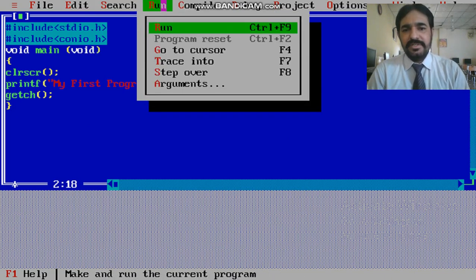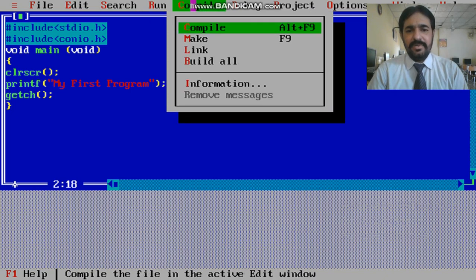When you finish your coding, you run your program by pressing Ctrl plus F9, or you can click the run button, which also has the Ctrl plus F9 shortcut. Then go to cursor, trace into, step over, arguments. The compile option is there: compile, make, link, build all.